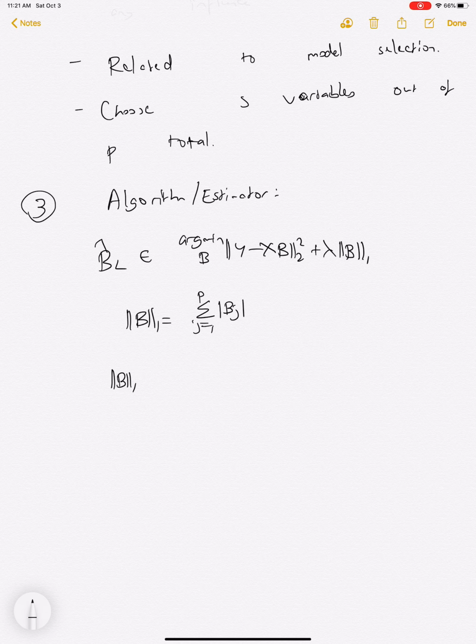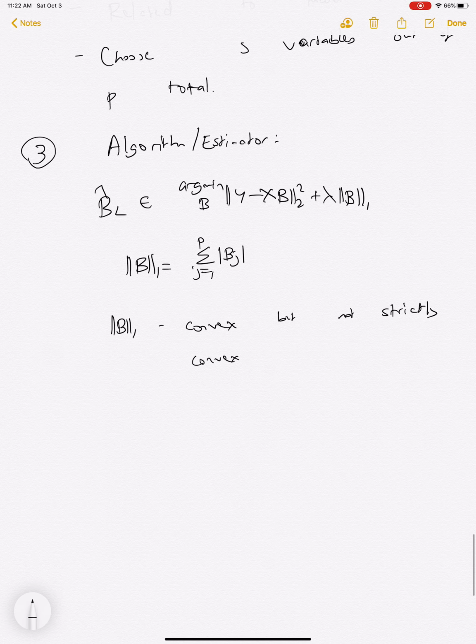the L1 norm of B is convex, but not strictly convex. The intuitive reason is that when we drew those tangents, they lay on the curve rather than below the curve, which is why it's convex but not strictly convex. Whereas if you look at the quadratic or the exponential, all those tangents lie strictly below the curve. So those are strictly convex, whereas the L1 norm is just convex but not strictly convex, and so